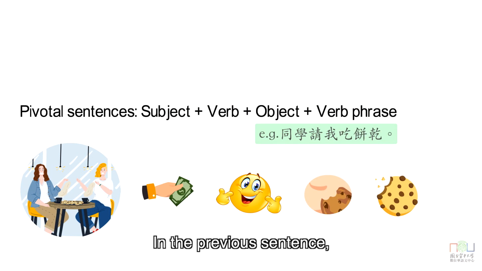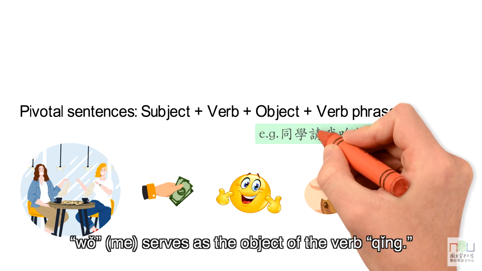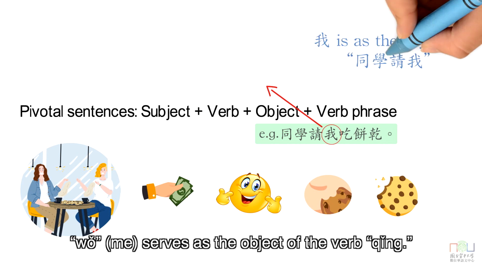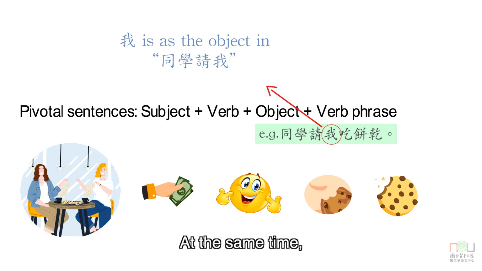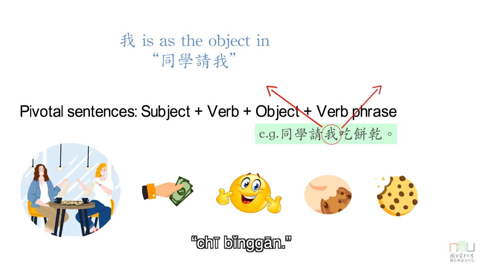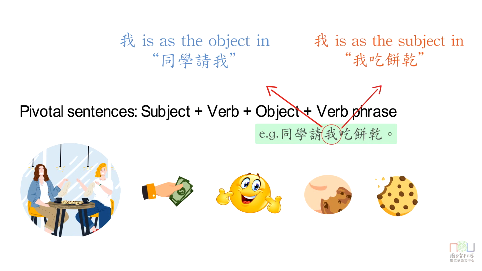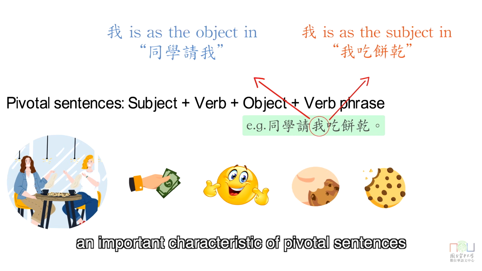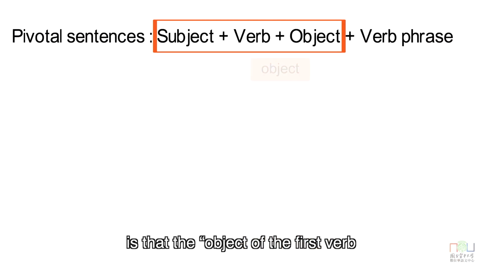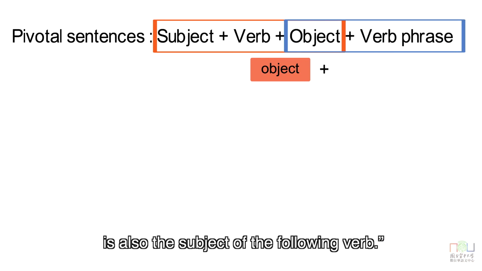In the previous sentence, 我 me serves as the object of the verb 请. At the same time, it is also the subject of the following verb phrase 吃饼干。 In short, an important characteristic of pivotal sentences is that the object of the first verb is also the subject